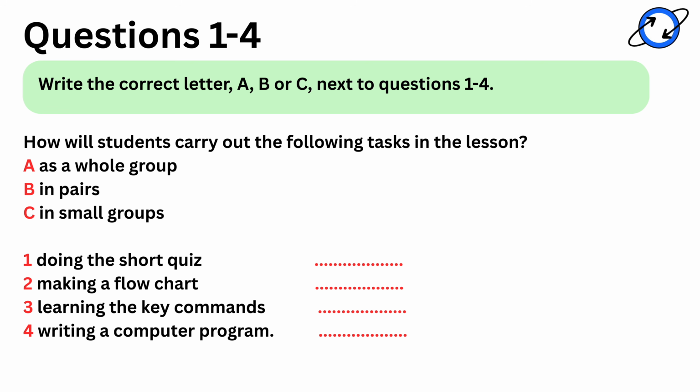Exactly. And then, for the final part of the lesson, they use their flowchart and the commands they've learned to produce the program. Let's presume, shall we, that there are 8 computers in the room, so that's 2 students for each computer. That sounds reasonable. So, tell me more about your idea for the computer program they're going to write.